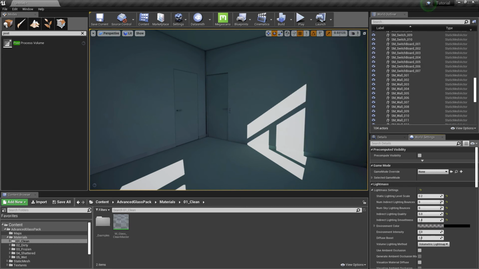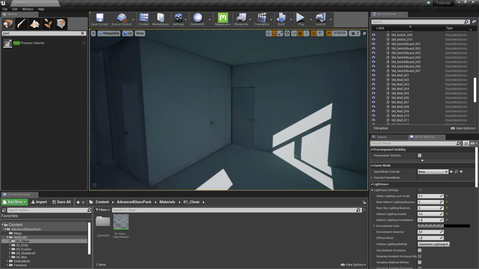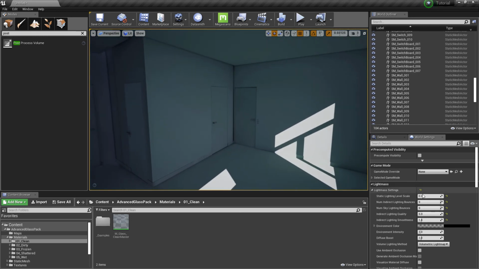Let me change the build quality to medium as well. Also change the SLLS to 0.5 and ILQ to 2 so the build doesn't take long.